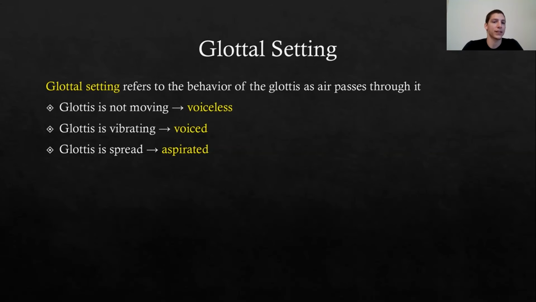And the easiest way to remember that is that it contrasts with voiced, when the glottis is vibrating. And again, that's something you can feel with your hand through your throat. So some examples of voiced sounds: all vowels are voiced. So if you say E, you can feel your throat vibrating. And then some of the other sounds like B and M are examples of voiced sounds where the glottis is vibrating. When the glottis is spread and you get that sort of puff of air quality,